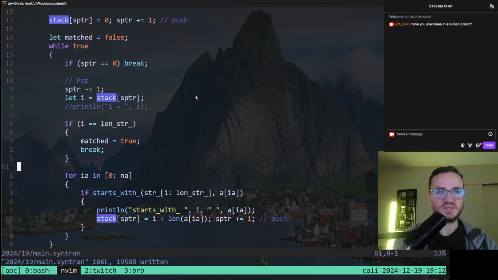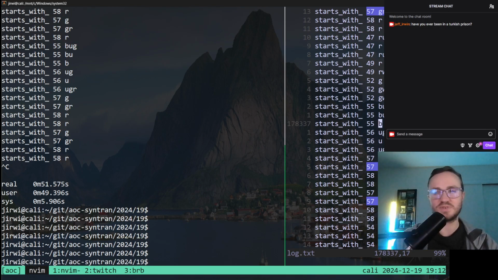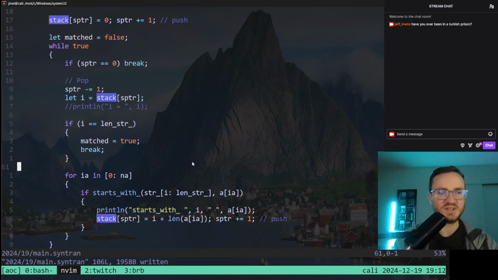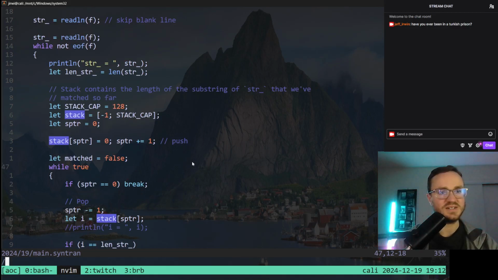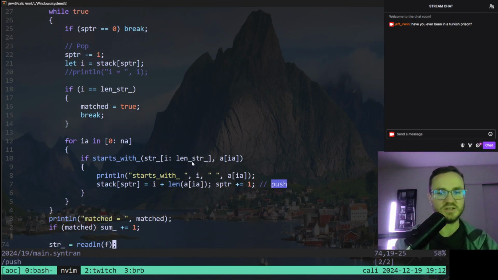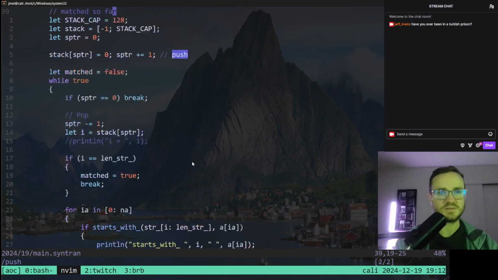Also, I want to make sure I don't overflow my stack capacity. I've got to be overflowing my stack capacity, right? Or maybe it's also in an infinite loop. So I'm never checking this. And then I push, and then I push here. So